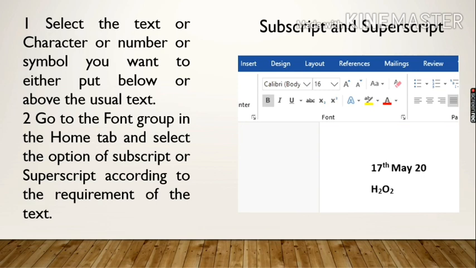Now here we also follow some steps. First, select the text or character or number or symbol you want to put either below or above the usual text. Second, go to the font group in the Home tab and select the option of subscript or superscript according to the requirement of the text.